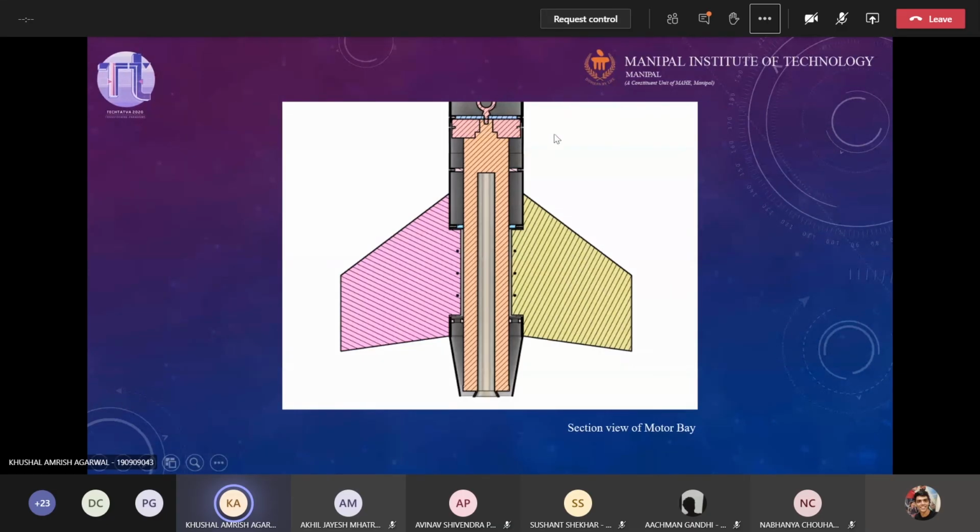Other than that, the thrust plate has been mentioned several times. The thrust plate is one of the main load-bearing components, and it will be the first load-bearing component for all the thrust that is acted upon by the rocket. Now, can you see the small holes that have been made here in the thrust plate? These are where the bolts will go in, right?